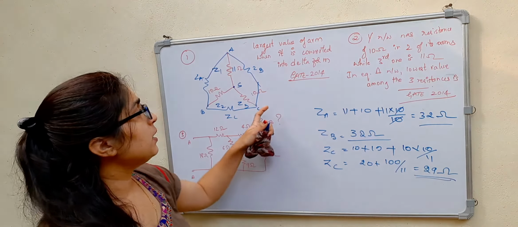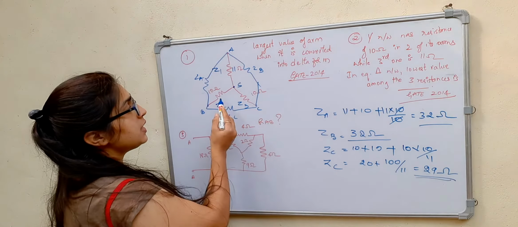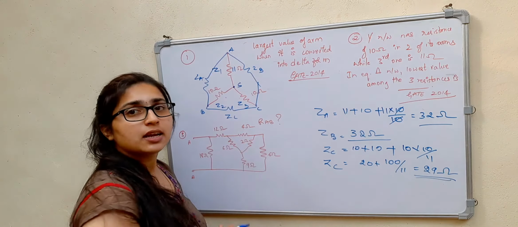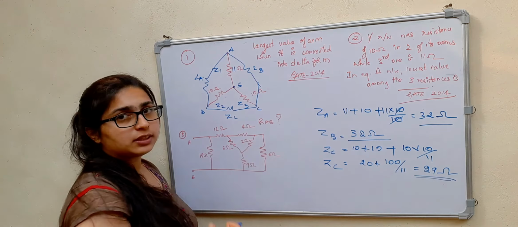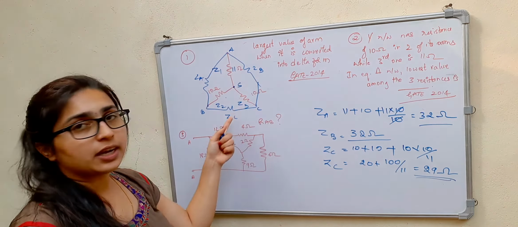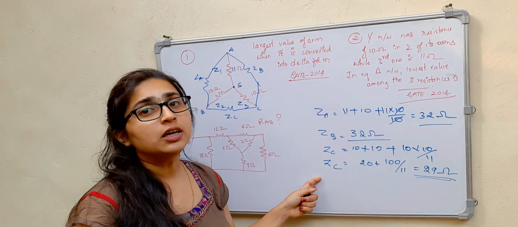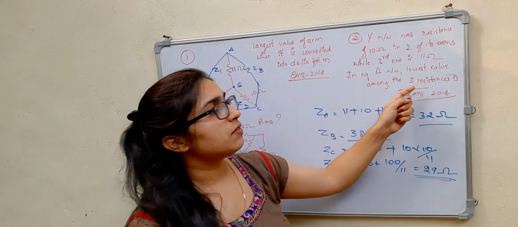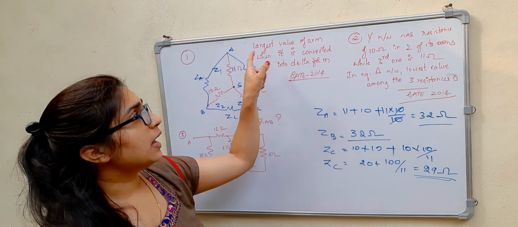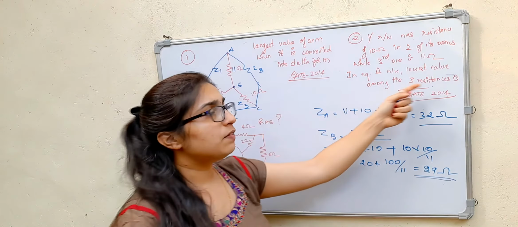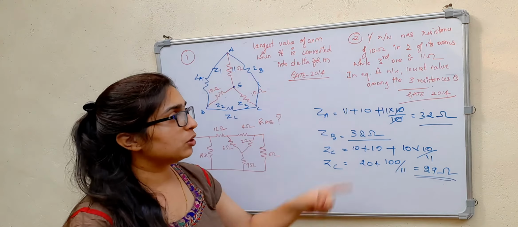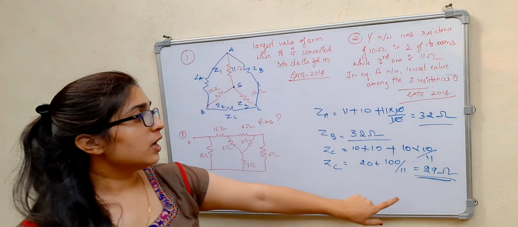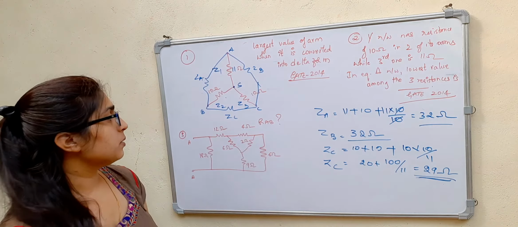This question is nothing but the same diagram. See, because it has two 10 ohm resistors in its arms and one is 11 ohm. So we have to convert that into delta form. So we have already converted that. We have got the values for the equivalent delta resistances. Now what is the lowest value? Here they had asked the largest value of the arm, but here they have asked the lowest value among the three resistances. So that will be 29 ohms. Okay, the lowest value is 29 ohms.